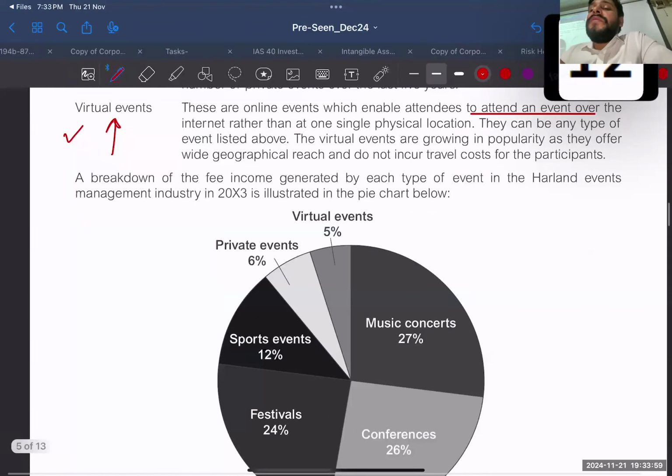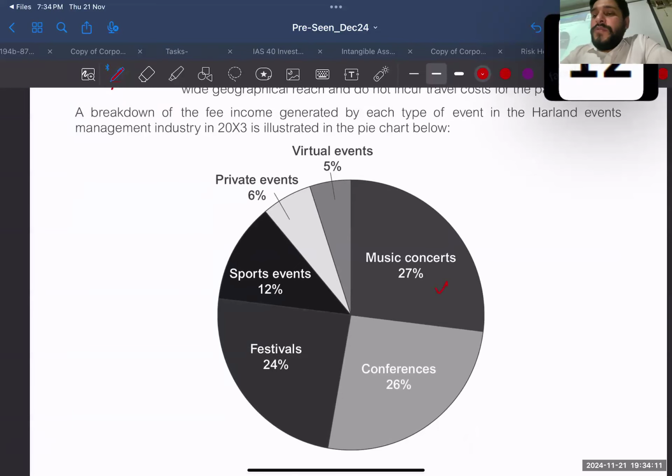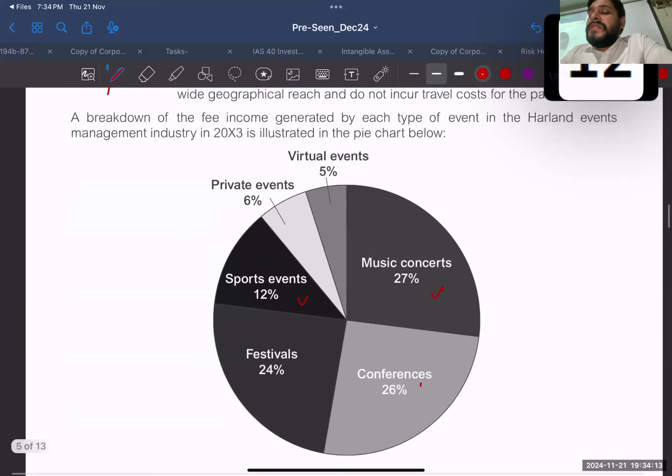Okay. A breakdown of the fee revenue generated by each type of event in Harlem's event management industry in 20x3 is illustrated in the pie chart. Music concerts, sports events, conferences, festivals, private events, virtual events. Now,